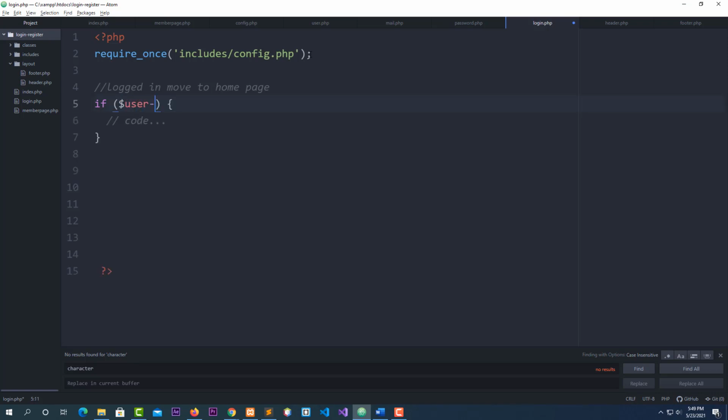user is login. If user is login, okay, now I have to redirect the user to the home page. I have to say